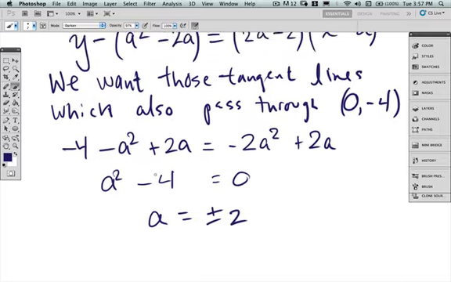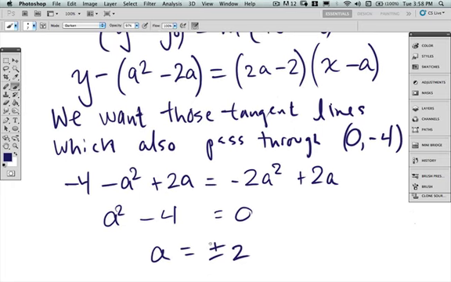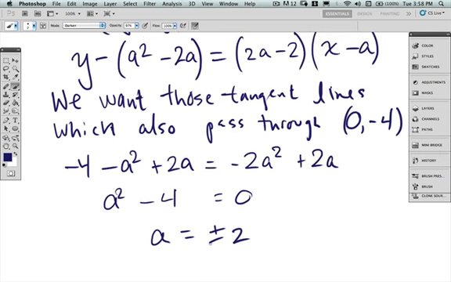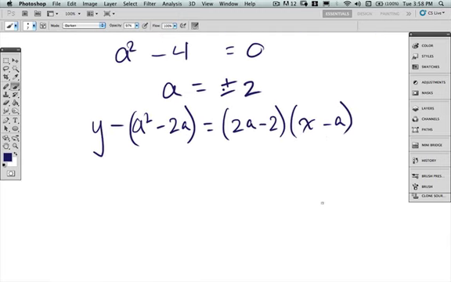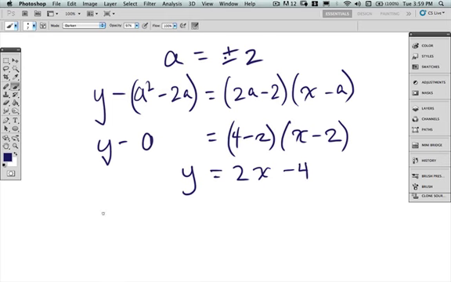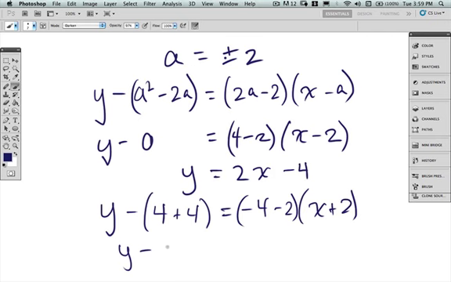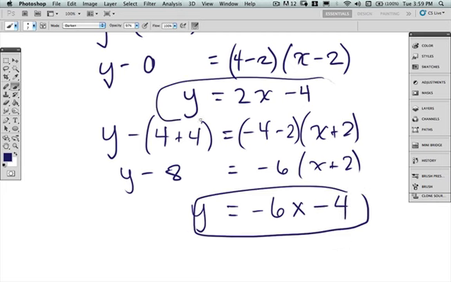more particularly, to answer our question, we need to find the 2 tangent lines which have this form, but now we know which values of a we want. So we're going to take that expression and write it again down here, and now we know that a equals plus or minus 2. So one of these equations will look like this. So these 2 lines are tangent to the curve, and they pass through the point